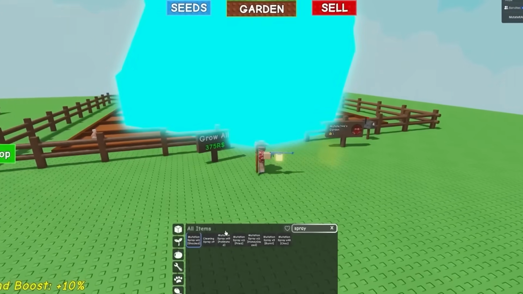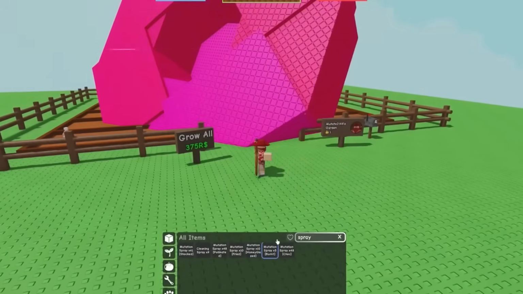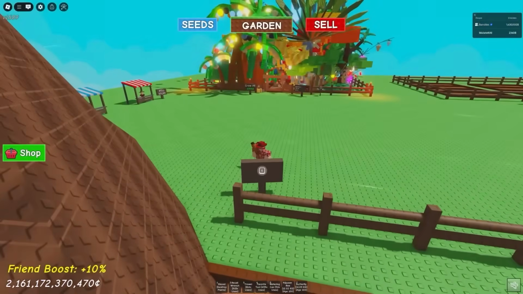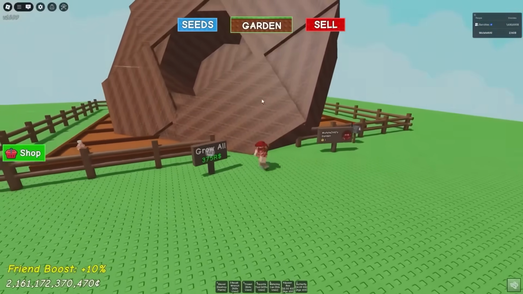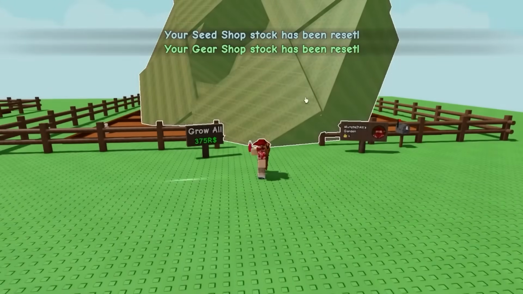So we're going to reapply that shocked onto there. We're going to apply pollinated. We're going to apply fried, honey glazed, burnt, and chocolate. And then over here on my main account, we're going to apply cloud touch, we're going to apply verdant, and we're also going to apply wet, so that way our kappas have an easier time to apply bloodlet to our big sugar glaze here. All right, so that brings us up to 11 mutations on our sugar glaze,